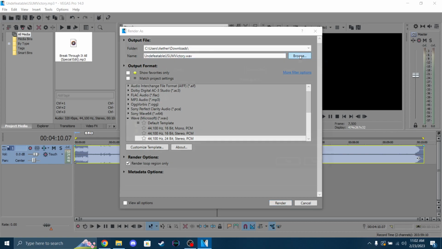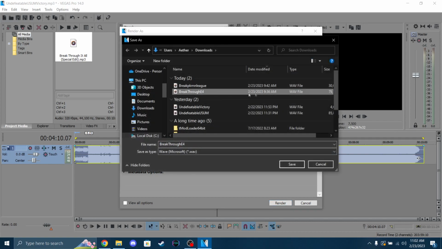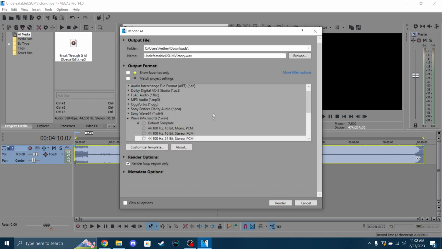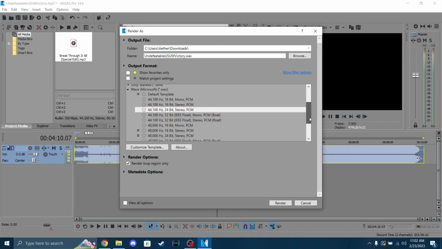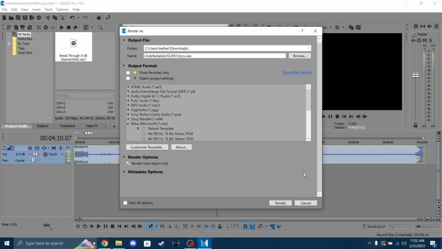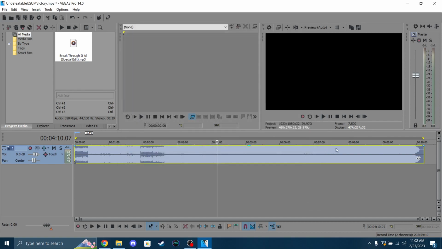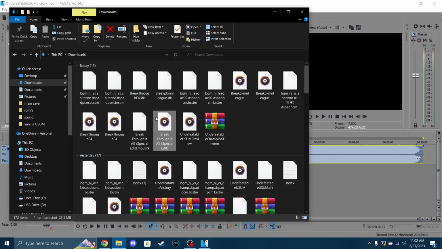So I already did that here. So basically, you just render it as a .wav. I set it to 44,100 hertz, 24-bit. That's working for me. I don't know if you can go higher, or you could probably go lower without much issue. So once you render this, you're going to want to, is this the .wav? Yep, this is the .wav. Oh, all right. So this is my trim version. This is my .wav. So now you have all that,